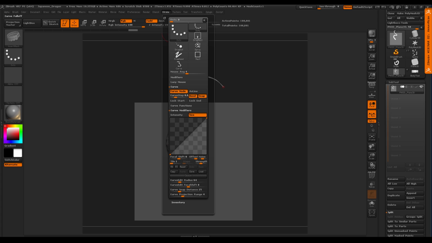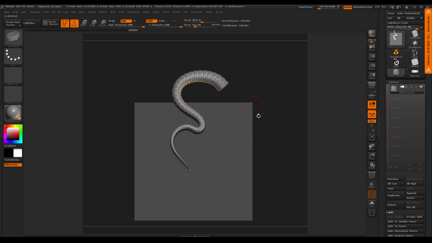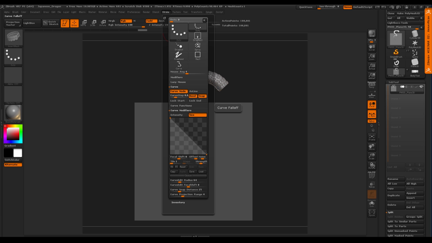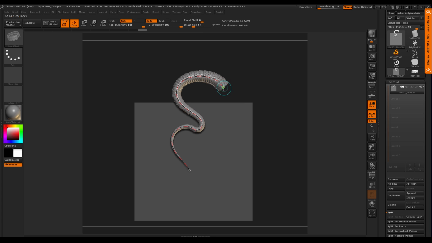So I'm going to go to stroke. And in this graph, I'm going to say flip here, flip vertically, right? So that's what this FV is, and you can see as I hover over it, it says flip vertically. And this is obviously flip horizontal. Okay, so now when I tap, you can see I'm getting that taper. And then it's just a little crazy for me, the taper, a little too much. So I'm going to say, hey, I don't want it to taper as much. So see, it's not tapering as much.